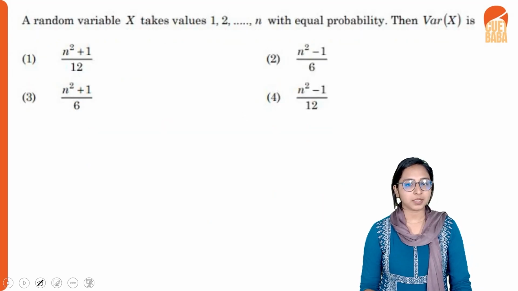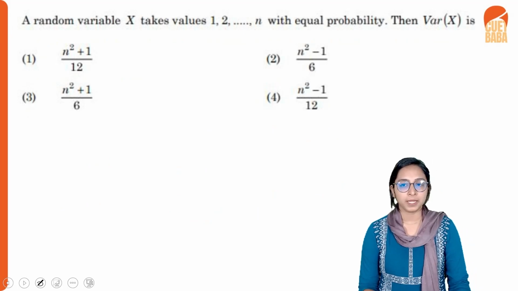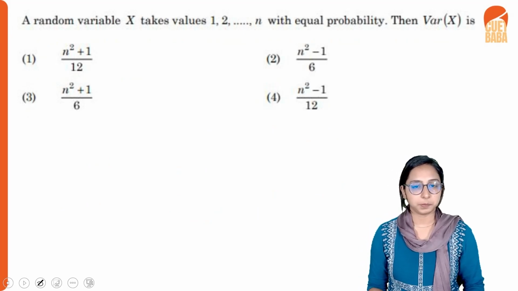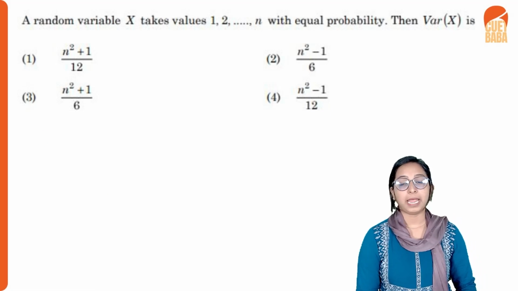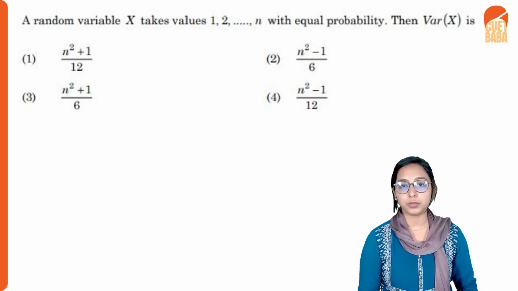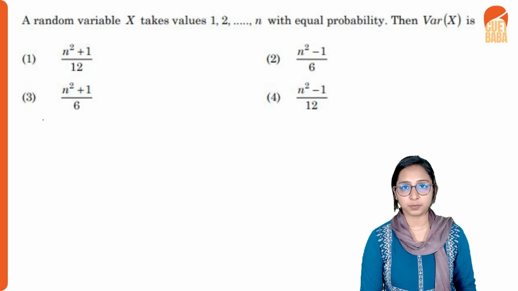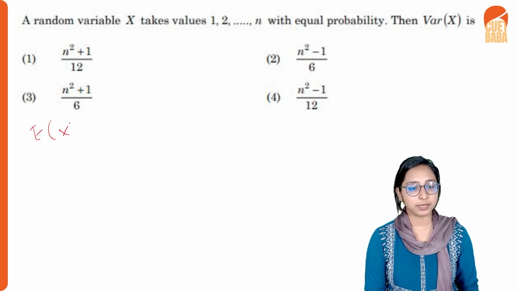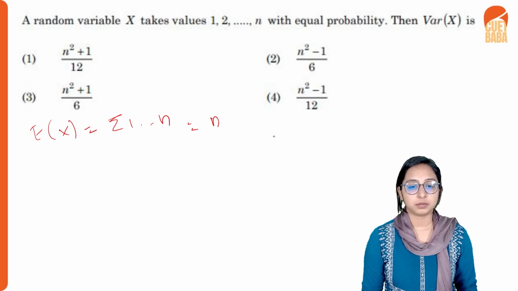Next question. A random variable x takes values 1, 2, up to n with equal probability. Then the variance of x is. So it is mentioned as equal probability. To find the variance of X, we have to find the expectation of X and the expectation of X square. We know that the expectation of X is the summation of the first n natural numbers, and it will be n plus 1 by